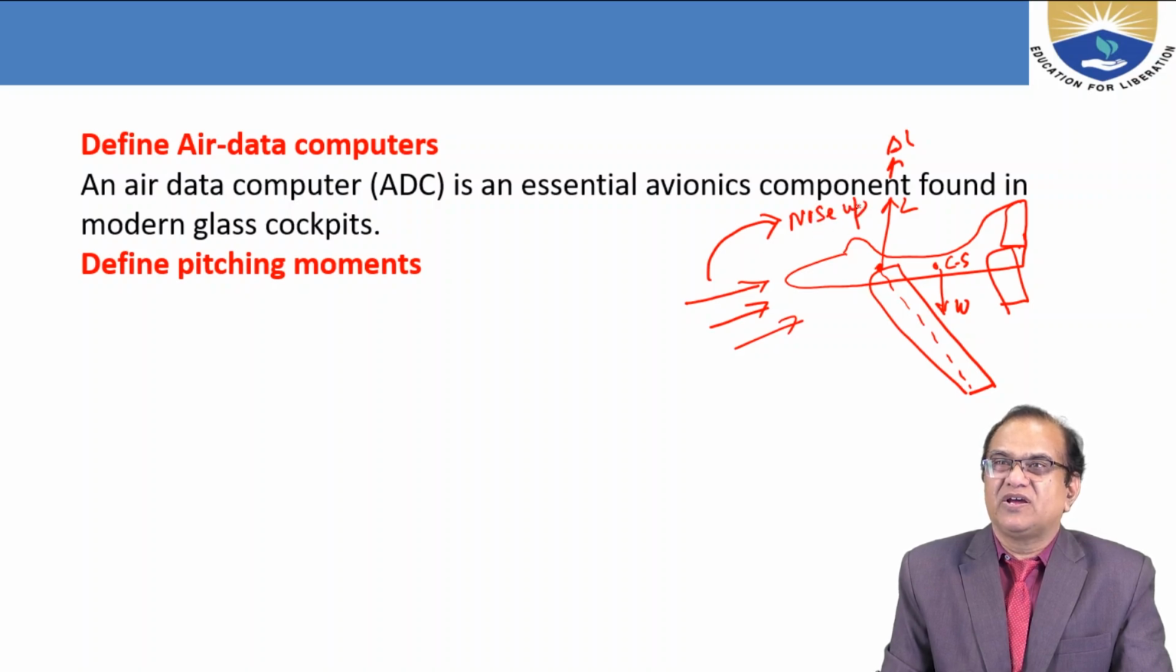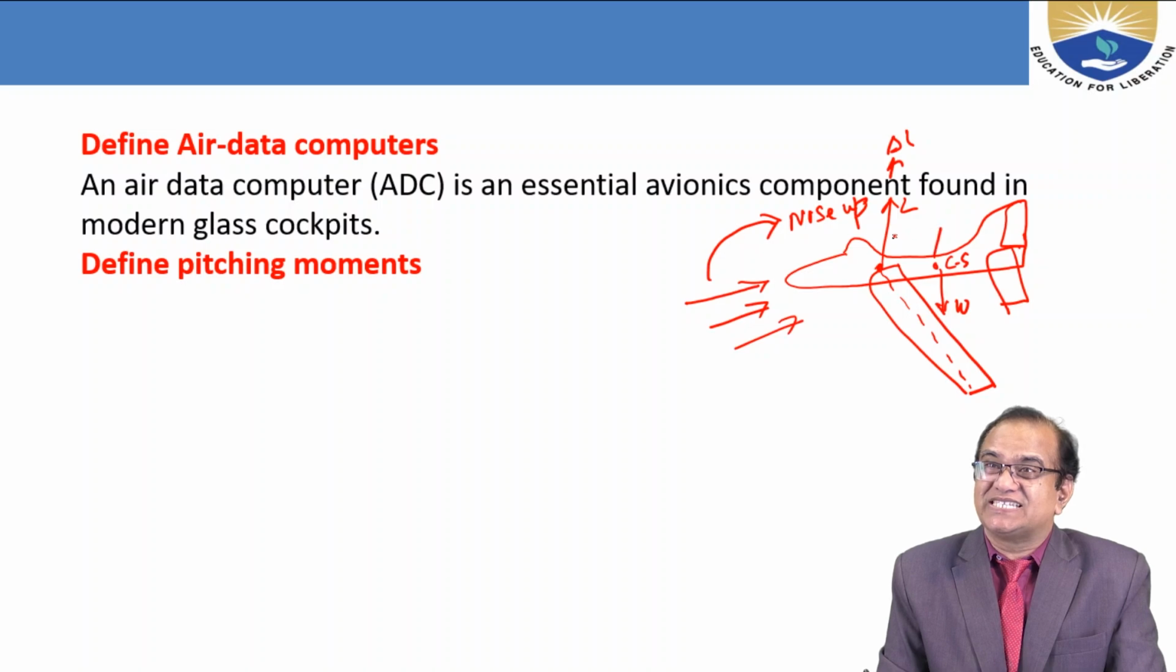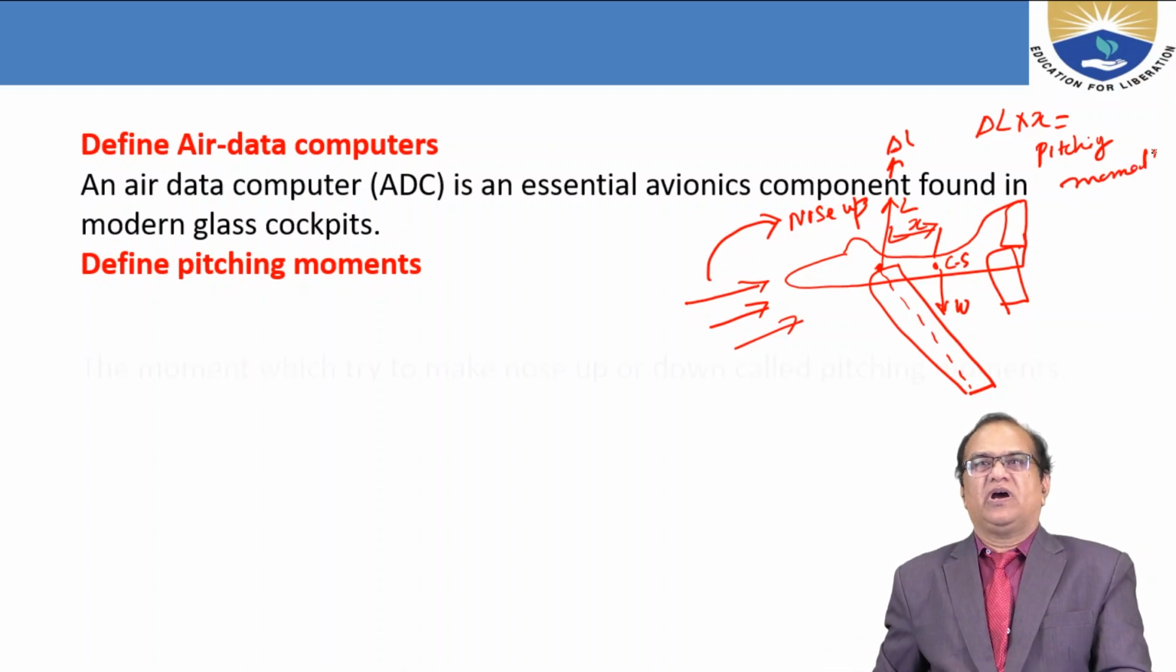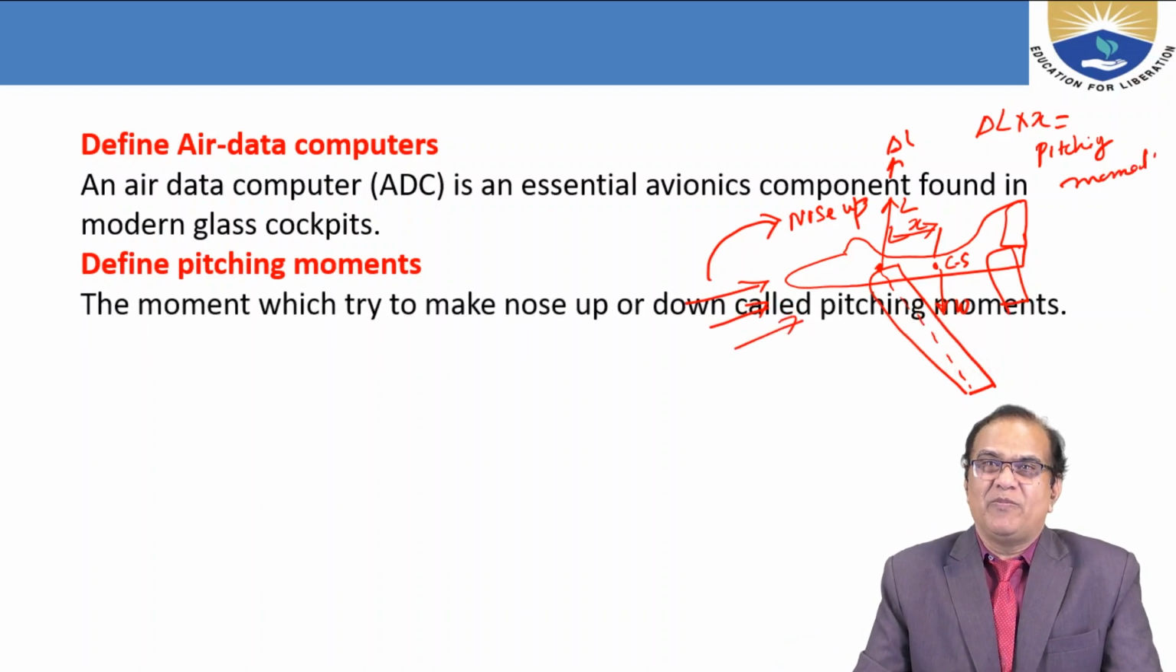This will make nose up. So, it is called the pitch up pitching moment. So, this force delta L into this distance X is equal to the pitching moment. So the moment which tries to make the nose up or down is called the pitching moment,